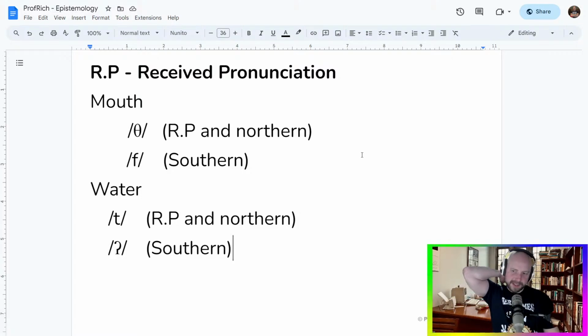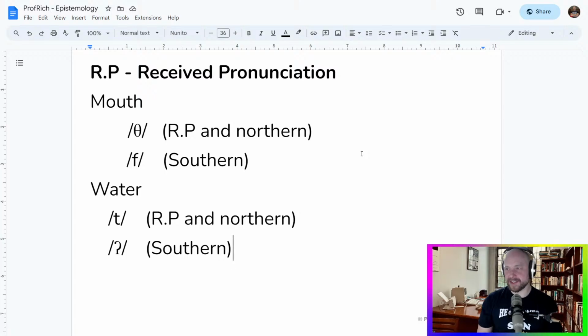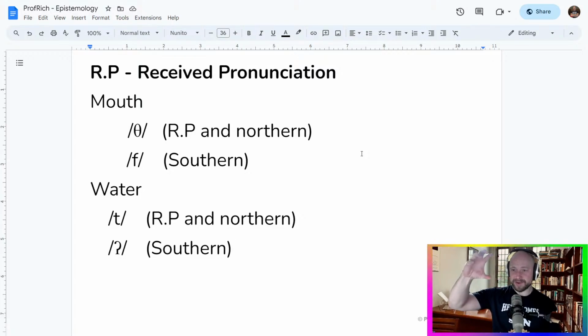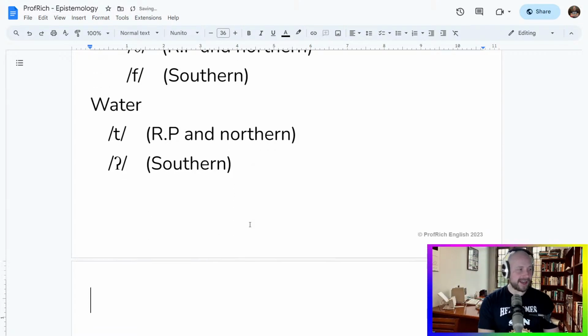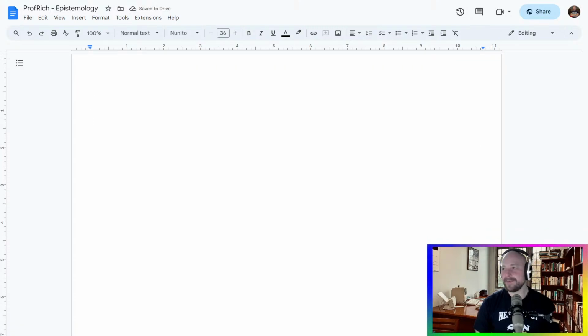Mina says, Rich, we must have an accent when we speak English. You must have an accent when you speak anything. Accents are simply variations in pronunciation. That's all they are. And although every language may or may not have a standard, nobody speaks the language the same. So we have a standard, and the standard is something we aim for. But of course, everyone has an accent. Mina, think of it like this, okay?